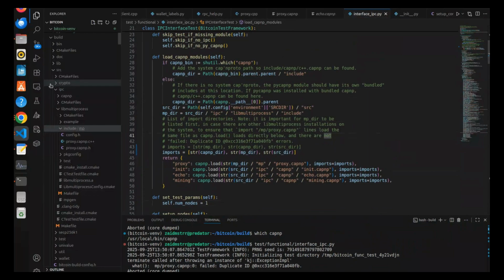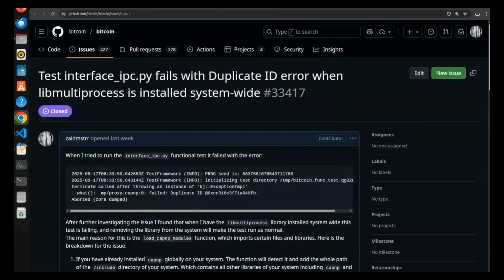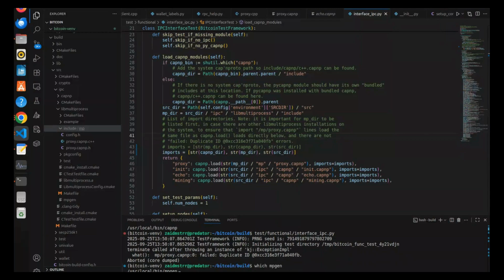So if I have installed libmultiprocess system wide on my system, suppose this is the libmultiprocess library. This is installed in my system as a system wide directory. What do I mean by system wide directory? For example, if I run this command which mpgen, then you will see I have mpgen installed system wide on my system. So yeah, we are including this directory, and again you are also including this directory